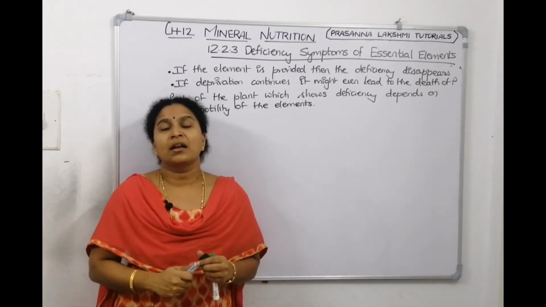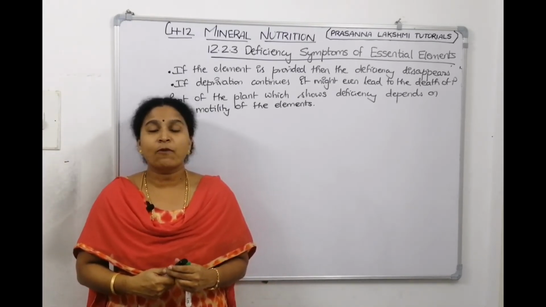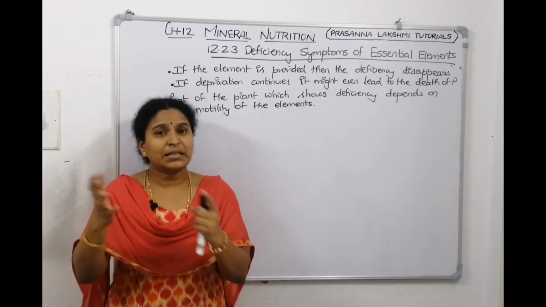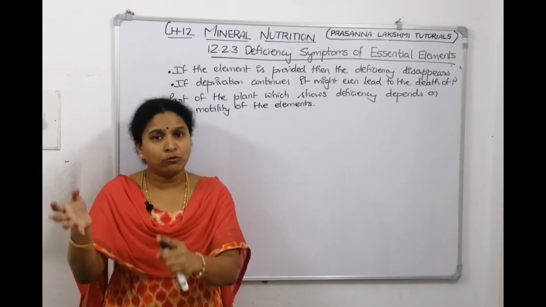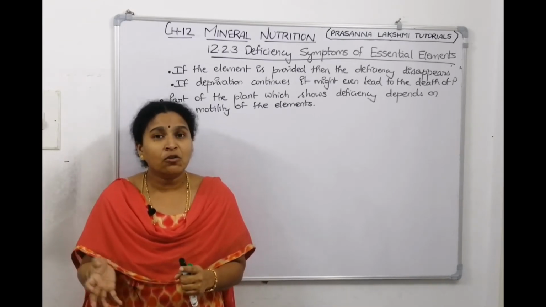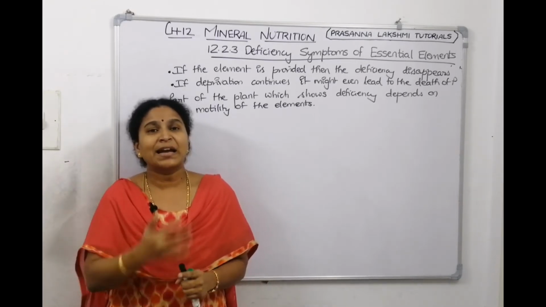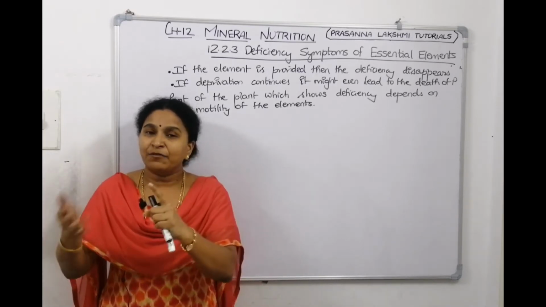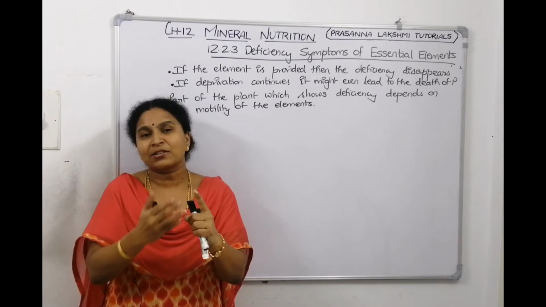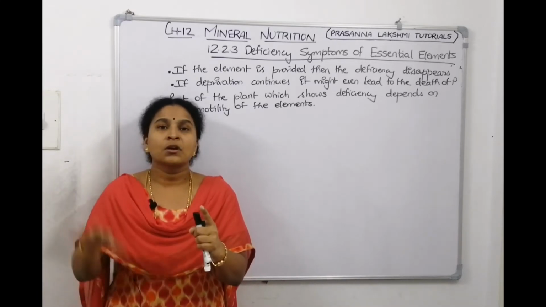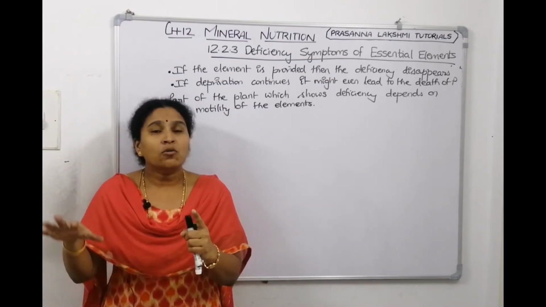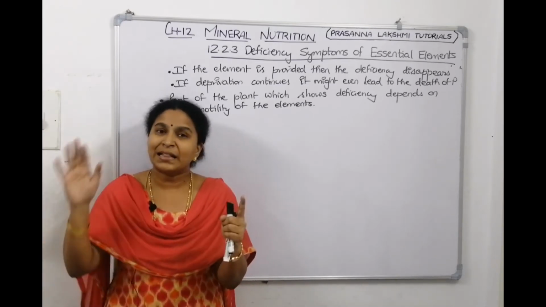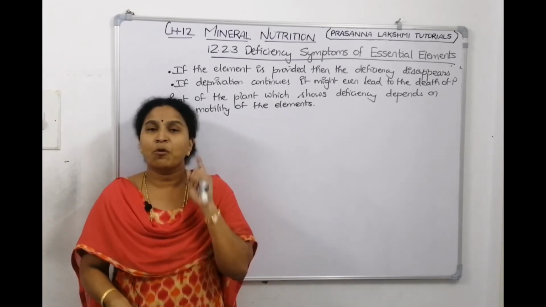Now, if you remember, in one of the classes we discussed that elements are mobile or immobile. Mobile elements can move from one place to another. When leaves are turning yellow, it is senescence, old age; the leaf is about to drop. So what will the leaf do? It will send all the mobile elements from the older parts to the younger parts. After giving every element to the younger parts of the plant, that leaf will fall down. Who can do that? A mobile element.